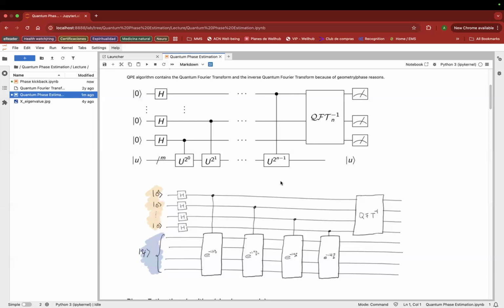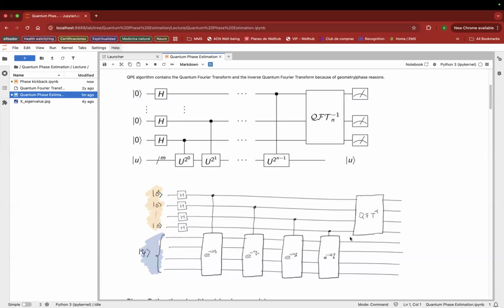Another one, the portfolio optimization. As you will see, you can express the different stocks that you have in your portfolio with a risk associated to it in an optimization problem, and you could use quantum phase estimation to solve it. Is it useful? No. Why? We will see that.